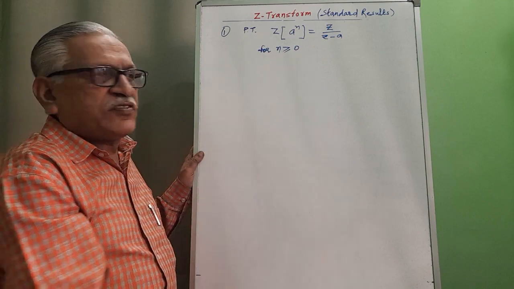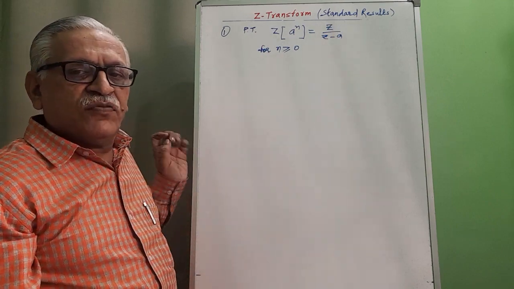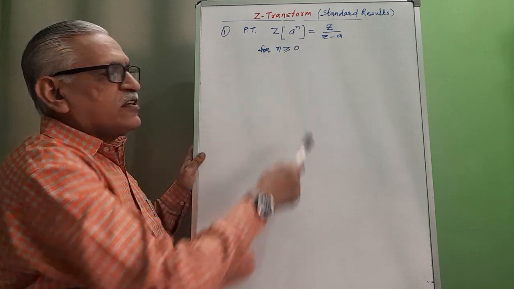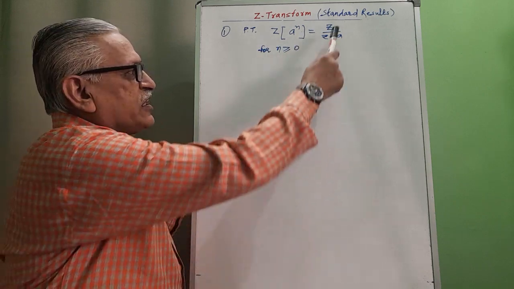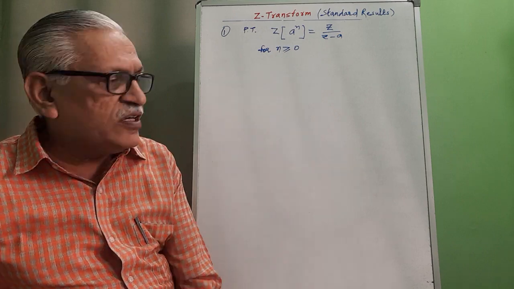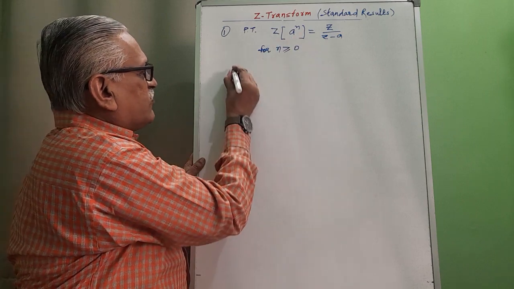In this video I will discuss some standard results of Z transform. The first one: prove that Z transform of a raised to n is equal to z upon z minus a, for the condition n greater than or equal to 0. And as the condition is n greater than or equal to 0,